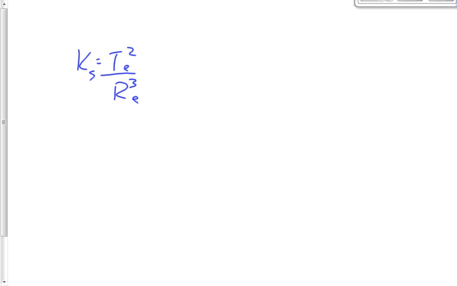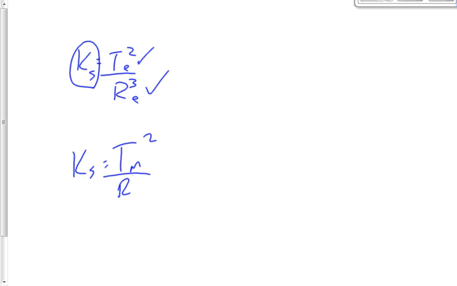Say you got information about the Earth, great, get this, and then set that equal to, say, Mars. Got this now, and maybe you got the time that it takes Mars to go around the sun, find the orbital radius of Mars. That's not the radius of the actual planet. How would you find the radius of the actual planet? Probably by